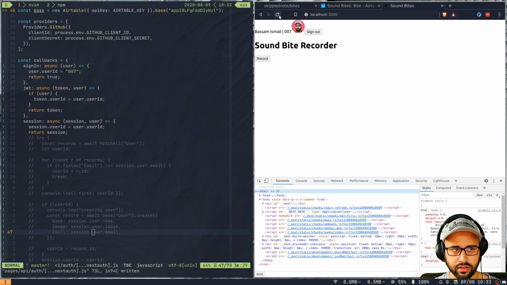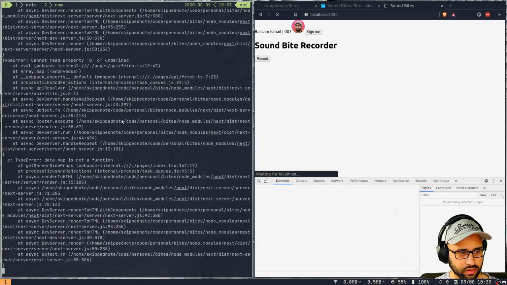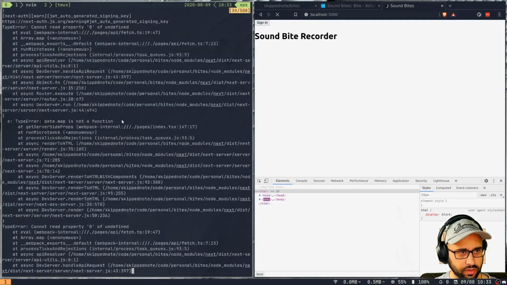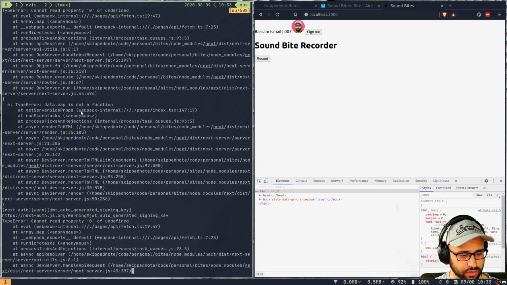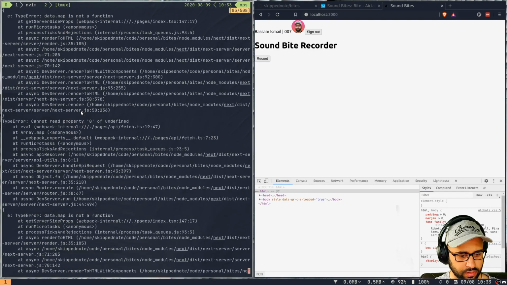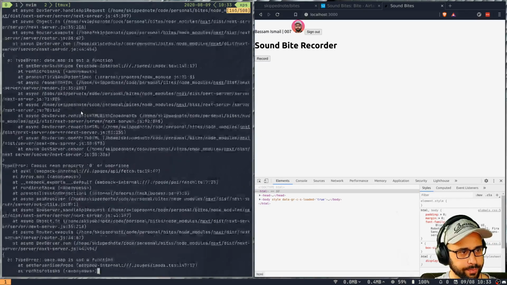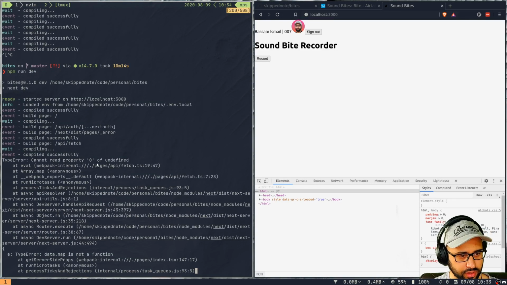Why hasn't it? Let's take a look at the logs. Are we not getting the data? I'm seeing a few errors. A lot of errors actually. Cannot read property 0 of undefined. So this is in fetch. Okay, this needs basically a short circuit of some kind, but regardless,